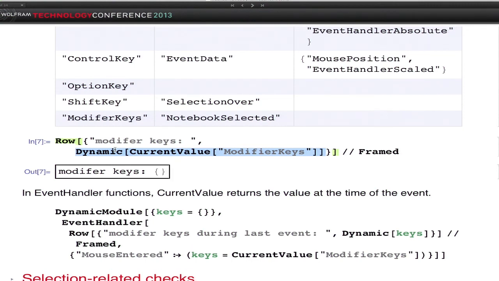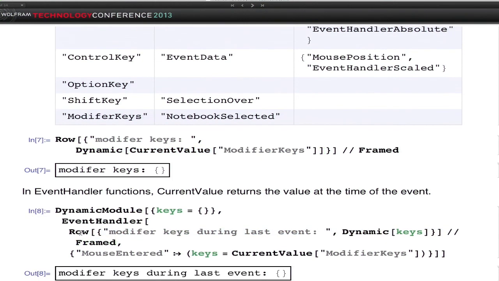And this is nice and fast and all, but really what I want typically in an application is, well, I control clicked this, and I want to do one thing when you control click, one thing when you shift click, one thing when you regular click. And so when you call this current value inside of an event handler, as we have down here, so here we have an event handler wrapped around a framed object that it remembers the state of the modifier keys when